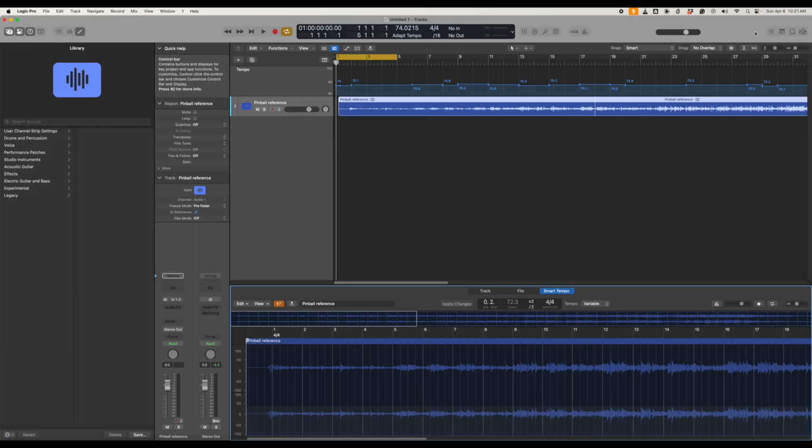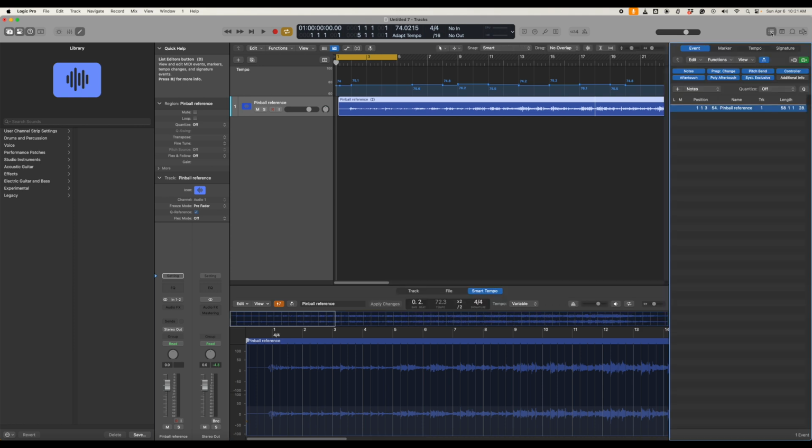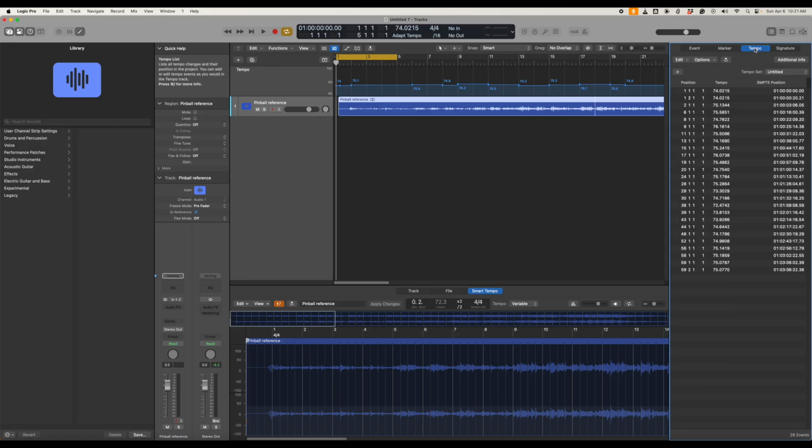So the way we do that is to select the icon over here on the right to take a look at the different events here. We've got the events, markers, tempo, and signature. We want to click the tempo. So now we have to make a judgment call, and we're going to look at all the tempos here, and you want to pick something somewhere in the middle. If we look around the middle of the song, it's somewhere between 74 and 76. It goes down to 72, 73, 74, 75. So I'm going to say let's